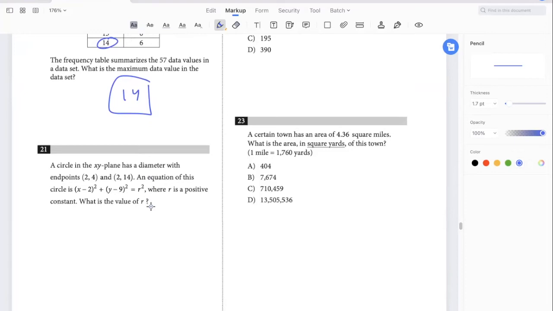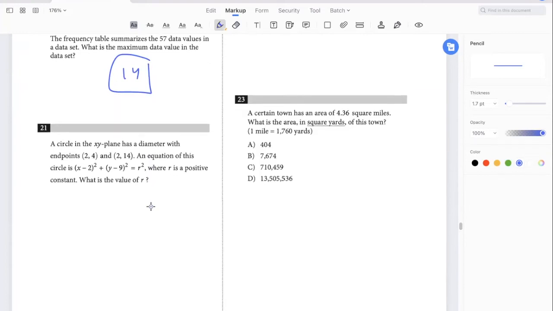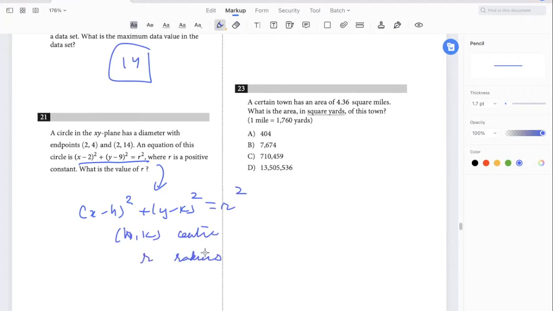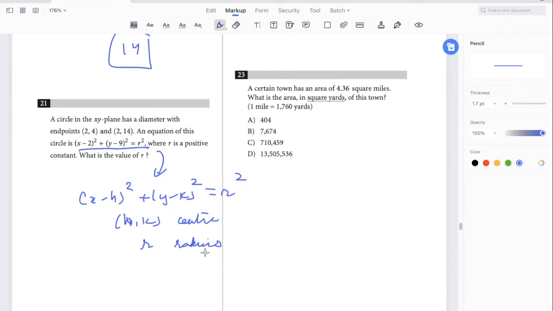A circle in the xy plane has a diameter with endpoints 2, 4 and 2, 14. An equation of this circle is x minus 2 whole squared plus y minus 9 whole squared is r squared, where r is a positive constant. What is the value of r? So we know that when this equation is written in this form, x minus h whole square plus y minus k whole square is r square, then h comma k are the coordinates of the center of the circle, and r is the radius of the circle, right? So we already know that the center is 2, 9